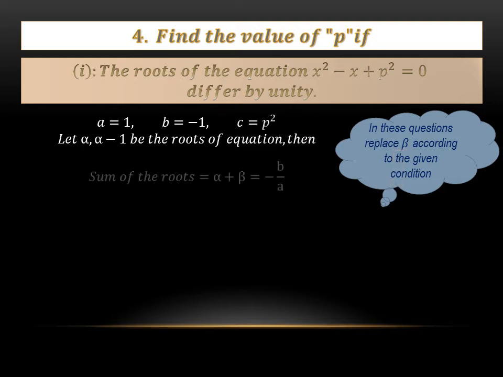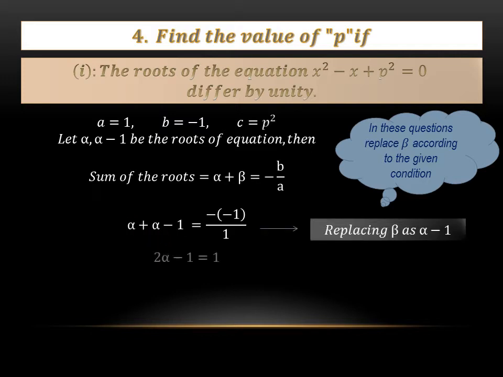So finding the value of sum of the roots, the formula is alpha plus beta equals to minus b over a. As you know, we are not going to use beta, so we will replace beta with alpha minus 1 and place the values of b over a. The equation will become alpha will remain the same, plus will remain the same. Instead of beta, I have written alpha minus 1 now. Value of b is minus 1, so minus into minus 1 and a is 1, so 1 is written in the denominator. Alpha plus alpha will become 2 alpha and minus 1 will remain the same.